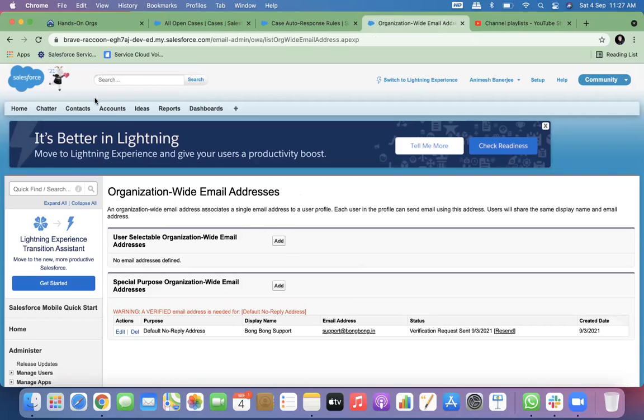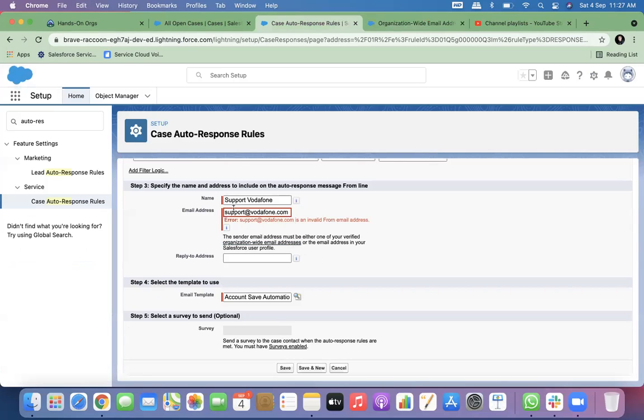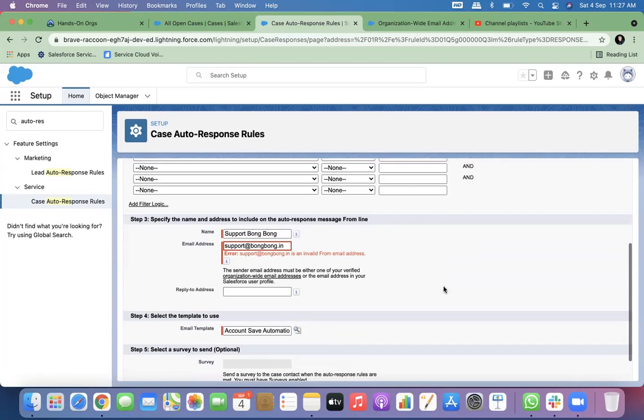Yeah, this has become your address, and then you go ahead. Still there's a problem. Use this one.